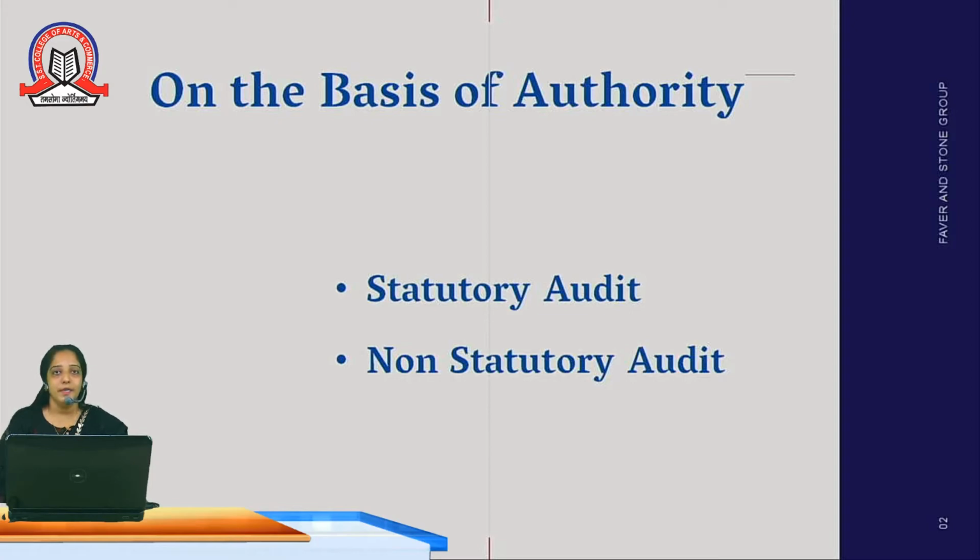On the basis of authority, if we divide the audit, we can say there are two different types: first, statutory audit, and the other is non-statutory audit. Statutory audit refers to an audit which is compulsory as per the statute. Statute refers to an act or a law. So an audit which is compulsorily required to be conducted by any company is termed a statutory audit. On the other hand, a non-statutory audit is an audit which is not compulsory